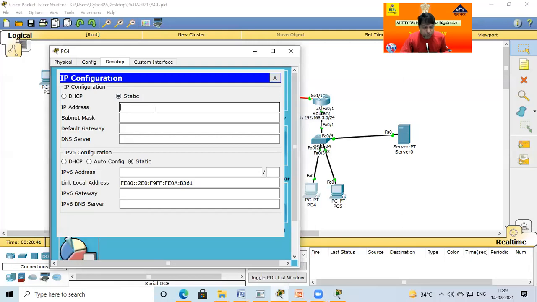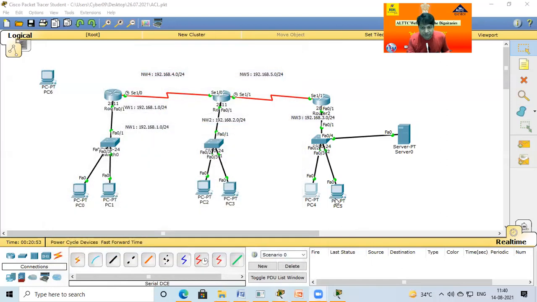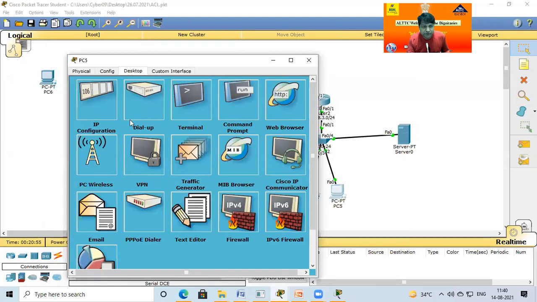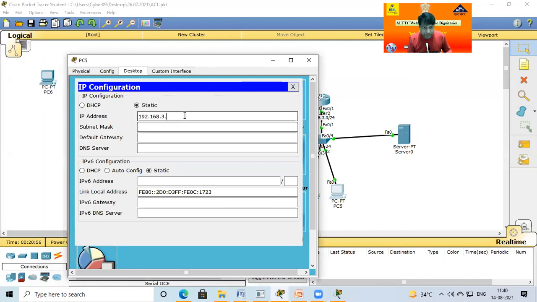This is the PC4. In this case, PC4 is 3.1. So this has 3.1 not given, 1 already given, 3.2, and this is the gateway. And PC5, in this case 3.3 and gateway 1. Okay.